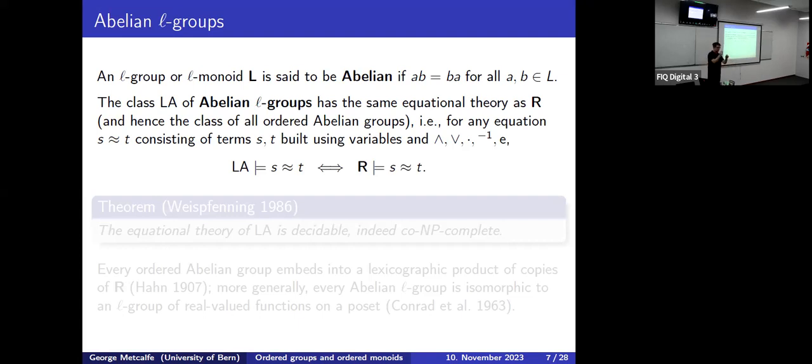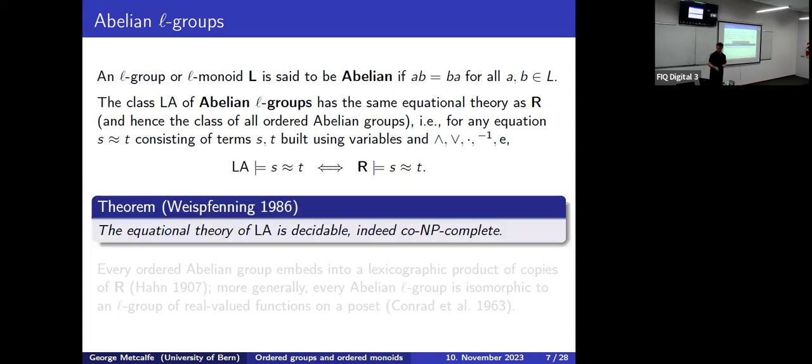The reason we use this wavy equals sign is just to distinguish this from normal equality. This is one case where logicians become very fussy because this is a syntactic object instead of a semantic object. Once you know this, it's not hard to see that the equational theory is decidable using Gaussian elimination, and in fact, Weispfenning proved that it's co-NP complete. I'm not going to speak about complexity, I'm just going to mention occasionally this is co-NP